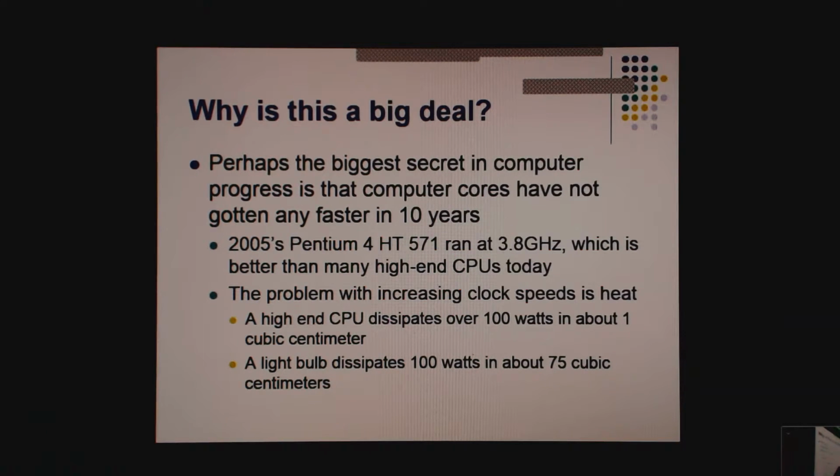It's not fully correct, because Pentium 4s had super long pipelines, since they were designed to do video decoding, whereas modern processors have shorter pipelines that spill less. But the fact is, a modern core is just not much faster, if any, than a core was 10 years ago.